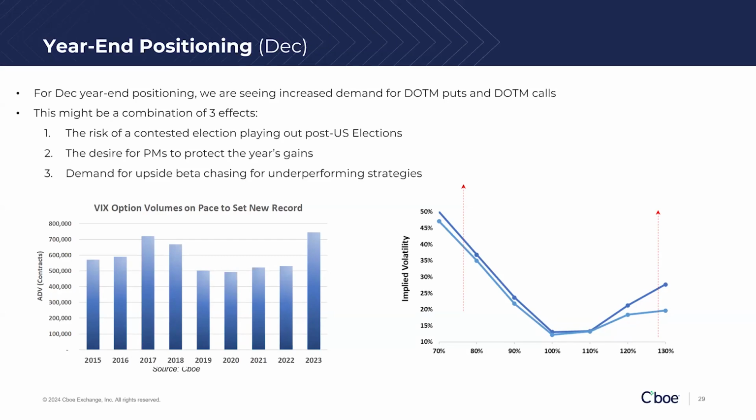The term we use for that is convexity. Basically, what this means is that volatility traders are positioning for either a very large move on the upside or a very large move on the downside. And to fund the purchase of these out of the money puts and calls, they're selling the at the money options. So overall, traders do not believe that the S&P will stabilize at the current level. They believe that by year end, the market will move either significantly higher or significantly lower.